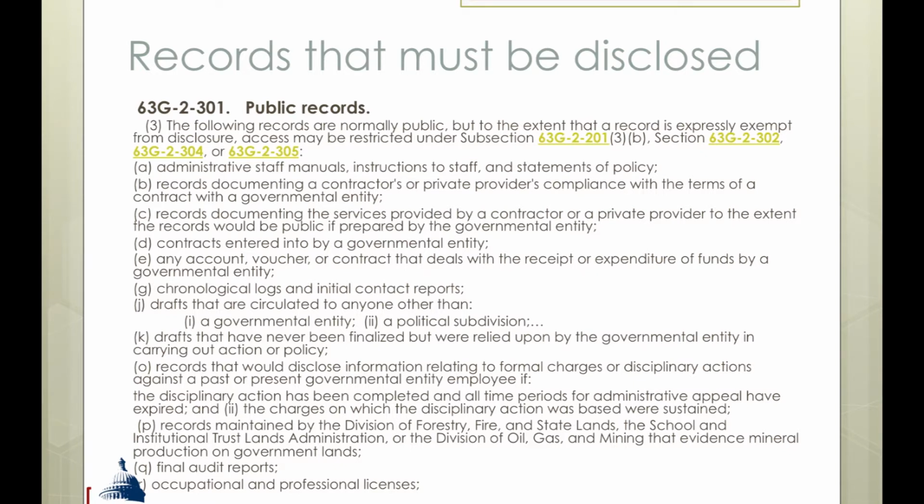Records documenting the services provided by a contractor or private provider, and contracts. Let's see. Chronological logs for law enforcement. And then